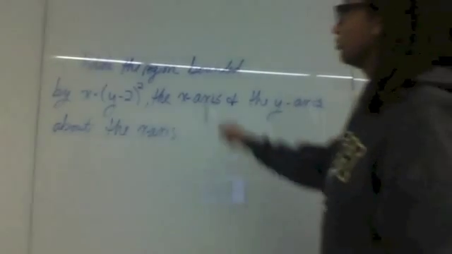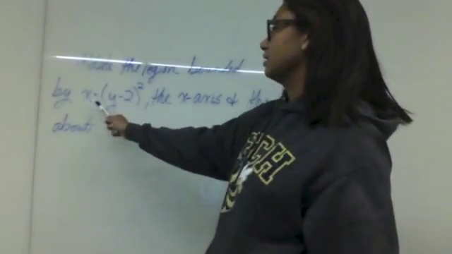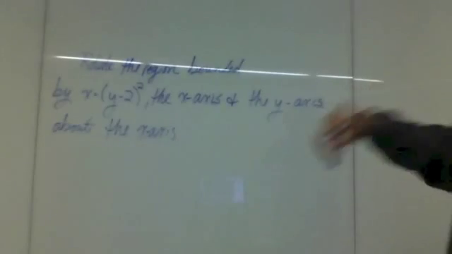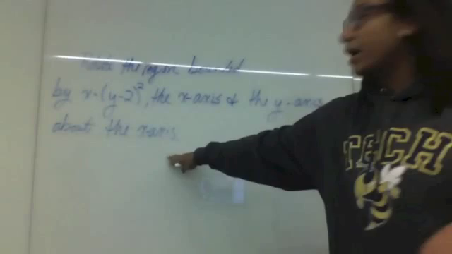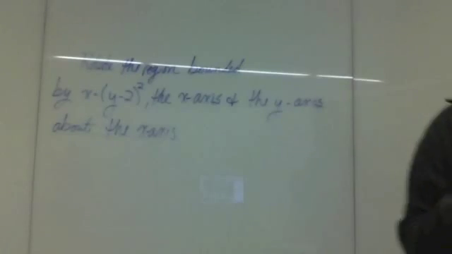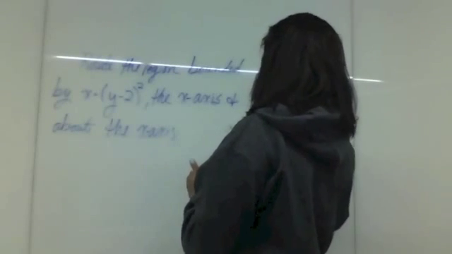saying rotate the region bounded by the line x equals (y minus 2) squared, the x-axis and the y-axis. So it's bounded by the x-axis and the y-axis, and we're rotating it around the x-axis. And so our first step is to evaluate what our x is. So we have x equals y minus 2